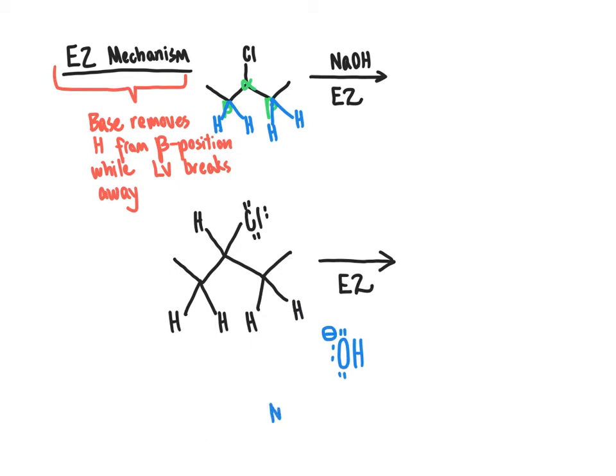So you'd also have Na plus floating around in solution, but that's just a spectator, so we usually pretty much ignore that. You don't even need to write that out, to be honest. So what's going to happen here is that the base is looking around, eager to form a bond to a proton. The proton it's going to pick is the proton right here, or any of these other 4 protons that